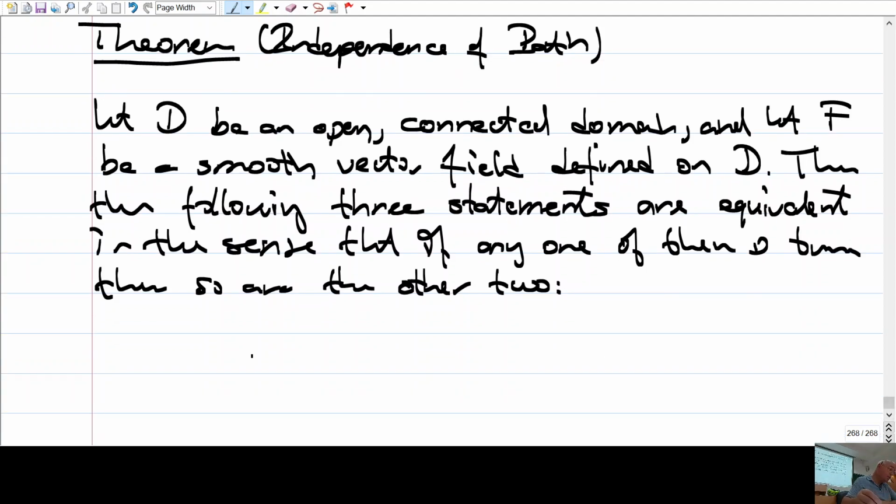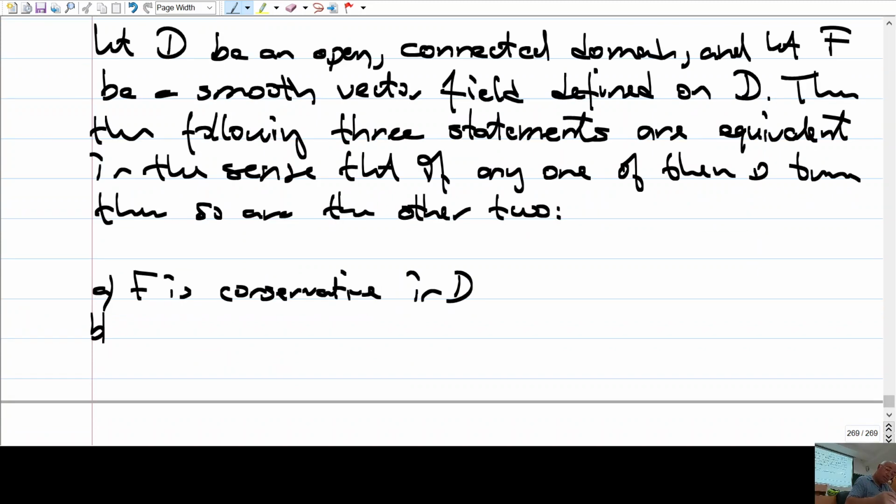A: F is conservative in D. B: the integral of F dot dr over the curve C